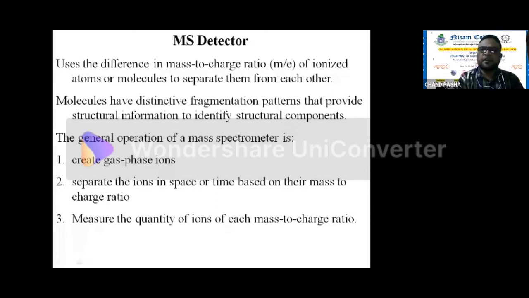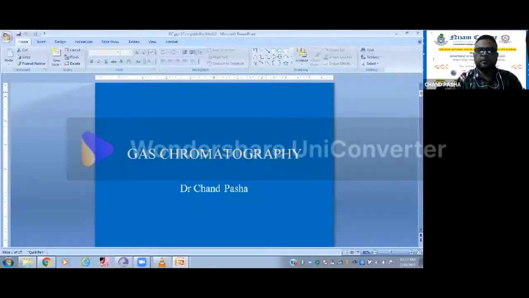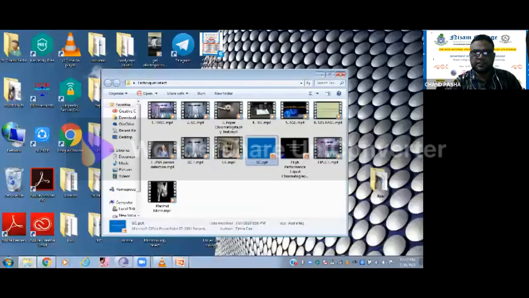There they will be broken down into small pieces, and the detector identifies them based on the mass to charge ratio. For this also we will have libraries, and based on the libraries we will detect what the compound is. So this is about gas chromatography. Anyhow, we'll see that principle again in the animation.